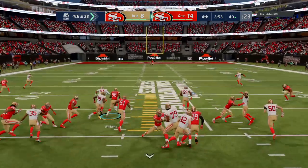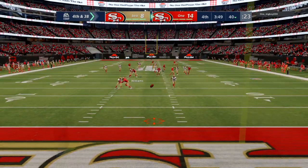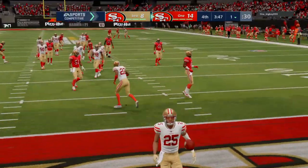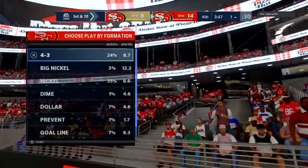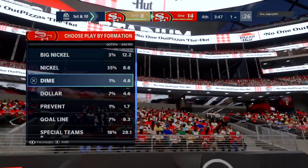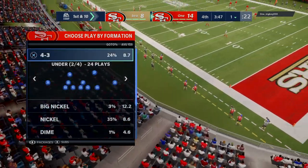And now the punter, Tress Way, as he sends this one away. And did they keep it in? They did. They kept it in. It's down close to the goal line at the 1-yard line. Amazing. Perfectly placed. If that ball goes 1 extra yard, maybe not even an extra yard, the starting point is